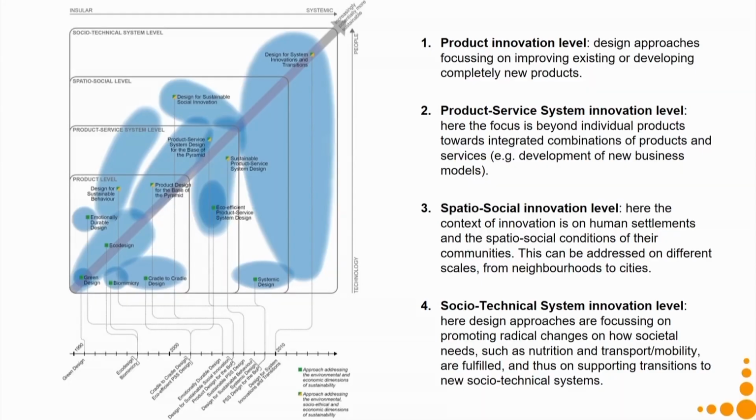So, we discussed the product innovation level, product service system innovation level, spatio-social innovation level and socio-technical system innovation level, using one particular example. You can try your hands at taking another example and think about how you would use it in all these different levels, and what your approach could be. So, I will repeat the summary that we did in the last